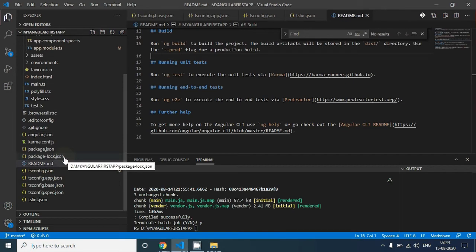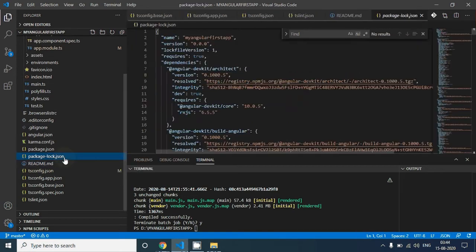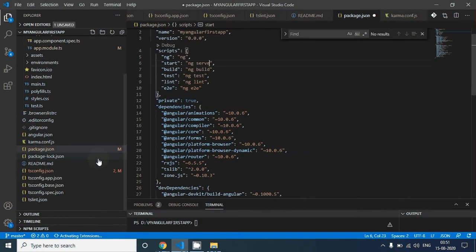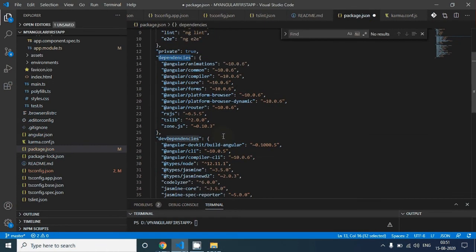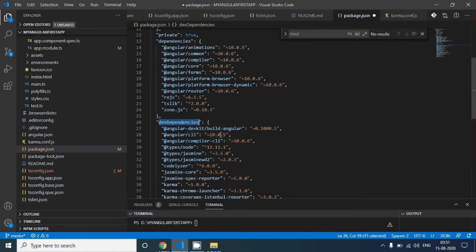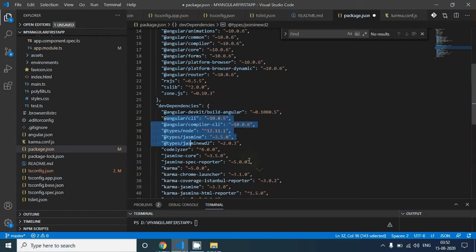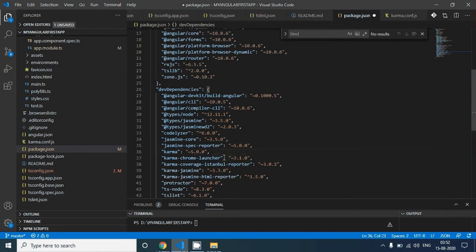Then we have package-lock.json. But before that, let's understand the package.json file. Package.json contains two major sections. The first one is dependencies and the other one is dev dependencies. Dev dependencies are required only at the time of development. This section contains Karma, Protractor, Jasmine.